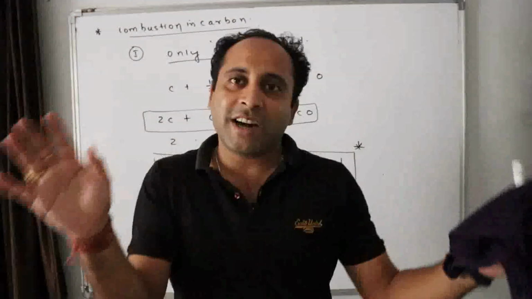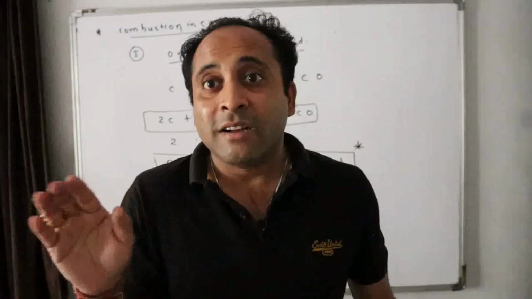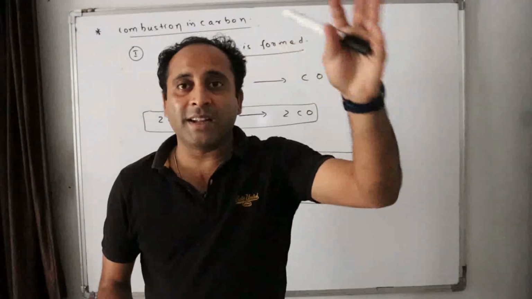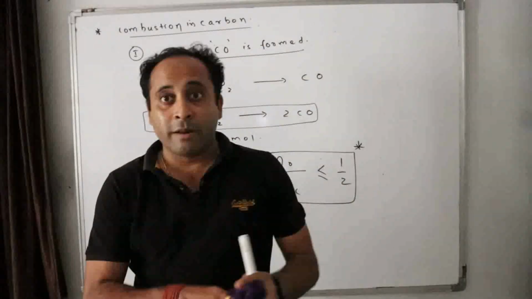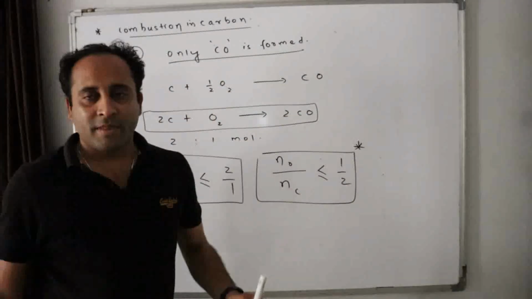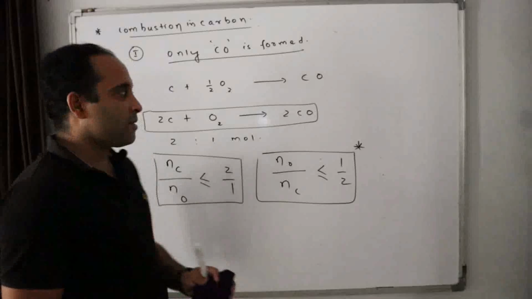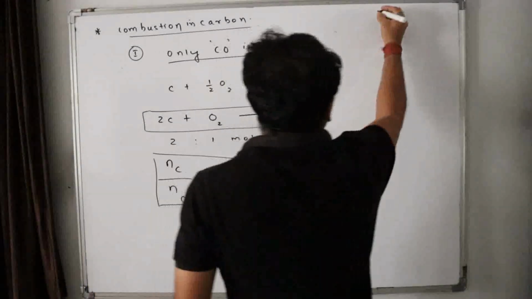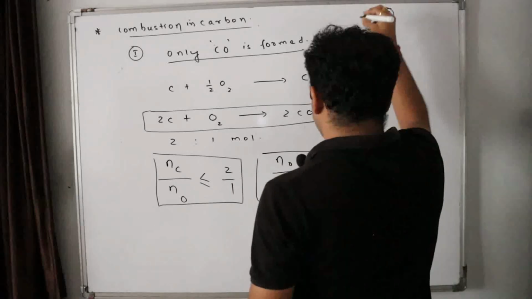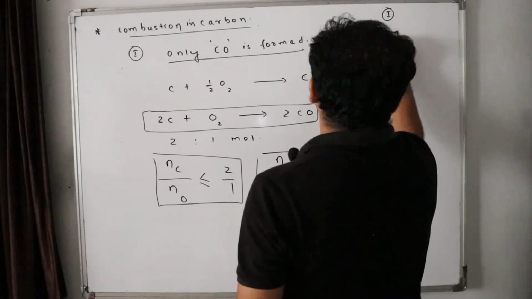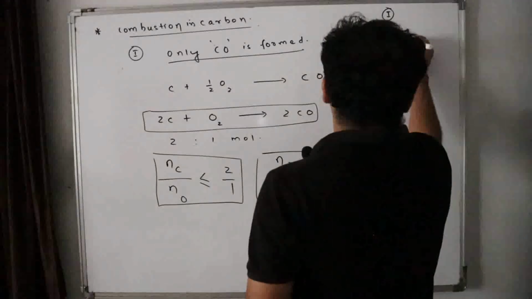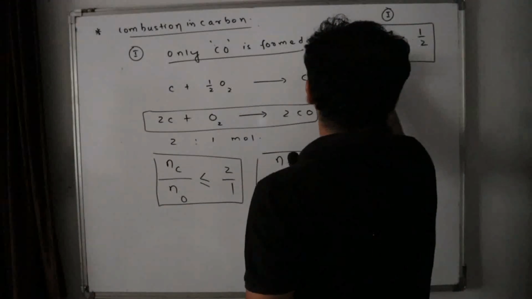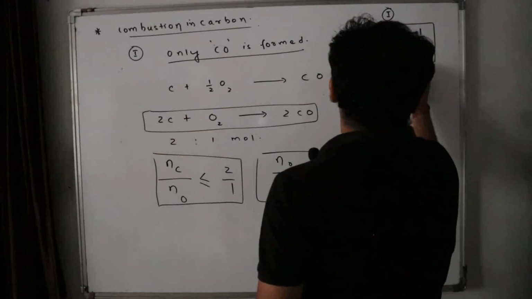In excess, carbon dioxide. But I can't predict haphazardly, in a blind manner, that it will be carbon dioxide or carbon monoxide. Remember, I am going through a formula. No hit and trial concepts. Now, case 2. Remember this case 1. I'm just writing for your reference: for case 1, the number of moles of oxygen by the number of moles of carbon should be less than or equal to 1/2. Let us analyze case 2.